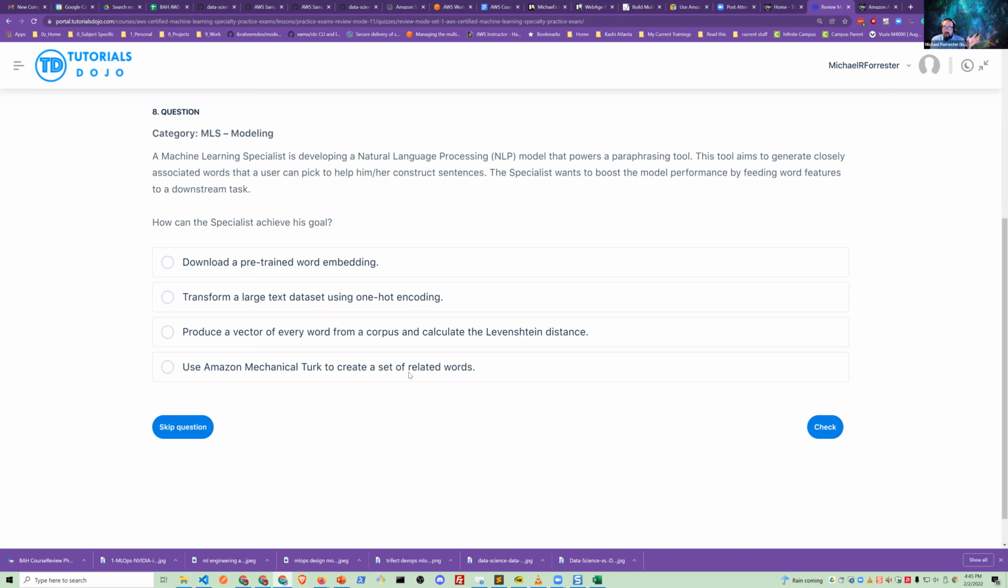So they're running an NLP model, and they want it to power a paraphrasing tool, something that paraphrases. So they want to basically generate closely associated words that a user can pick to construct sentences, right? And so they want to boost it by feeding it word features to a downstream task. Now, word features, that's a pretty well-known